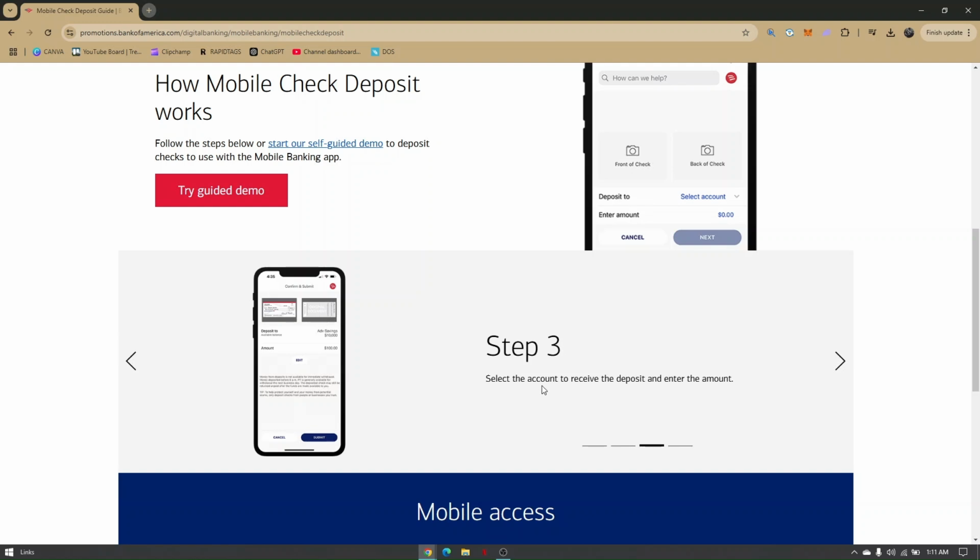Next, select the account to receive the deposit and enter the specific amount. Below deposit to, there is going to be the amount option that you can choose, and then just input the specific amount. The last thing you do is hit submit deposit, and you'll get a receipt confirming the message